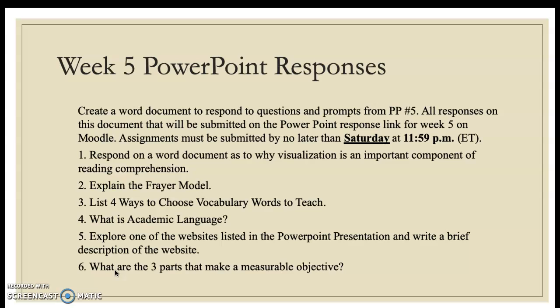Your PowerPoint responses this week. Again, you're going to create a Word document. You're going to respond as to why visualization is an important component of reading comprehension. Explain the Frayer model. List 4 ways to choose vocabulary words to teach.